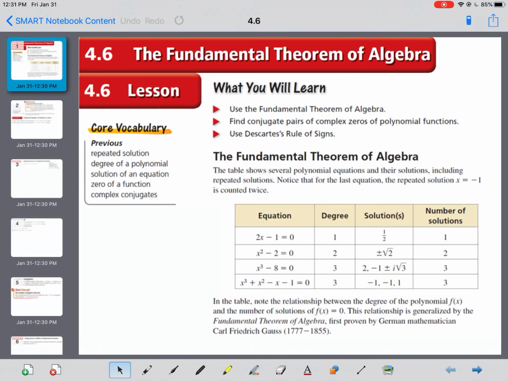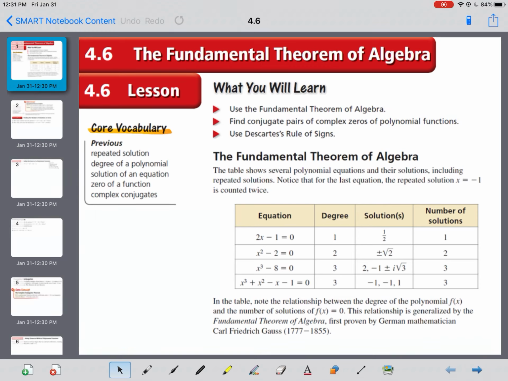Chapter 4, Section 6, the fundamental theorem of algebra. We've already been using it. I've told you about it. I just didn't tell you that was its name. But the fundamental theorem of algebra comes from what happens when we look at the degree of the polynomial and how many solutions it has. If you're looking at the chart right here,